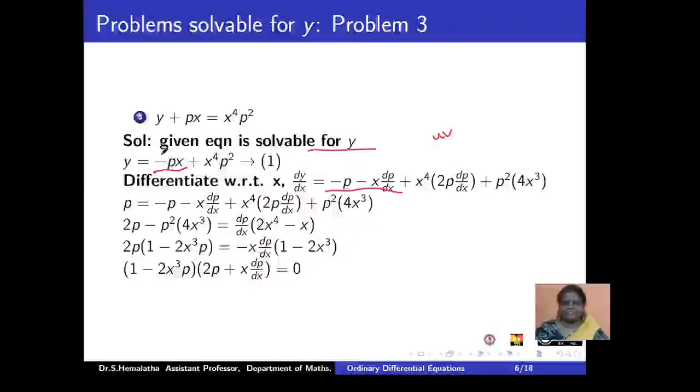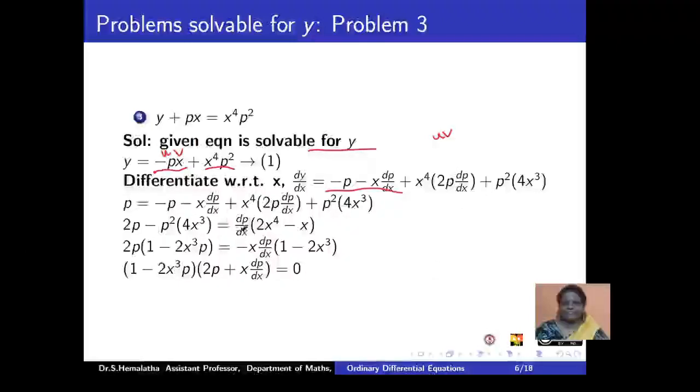Minus p is taken as u and x is taken as v. So if you take u dv, it is going to be just minus p, and v is written as x. Du, if you differentiate minus p, it is minus 1, that is written here, and dp by dx to be written. Likewise, in the second term also, you need to go for your product of differential rules, d of uv, and get these factors.